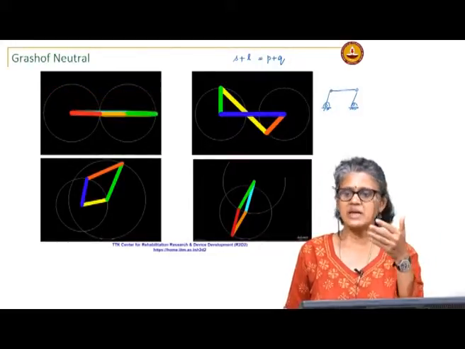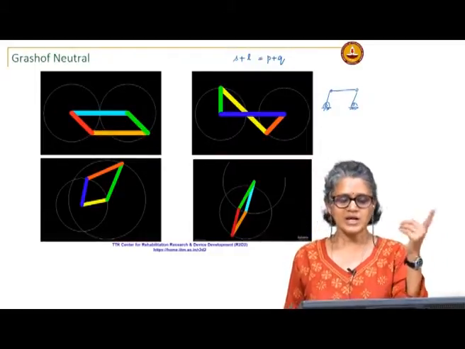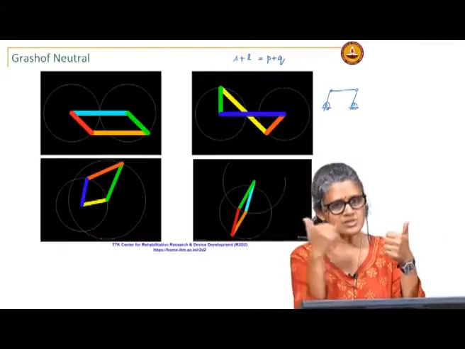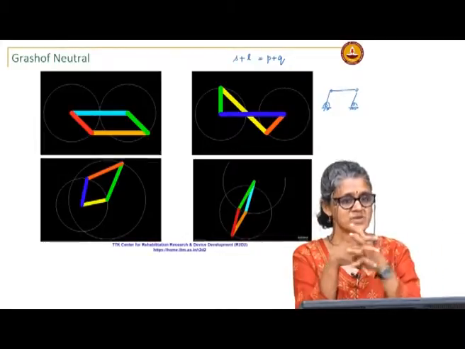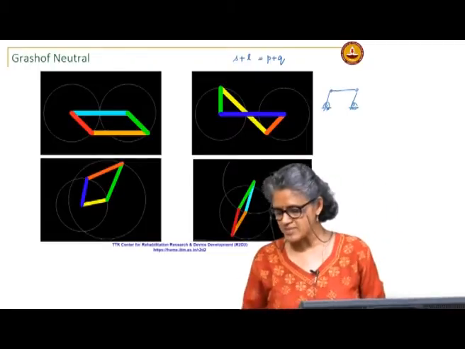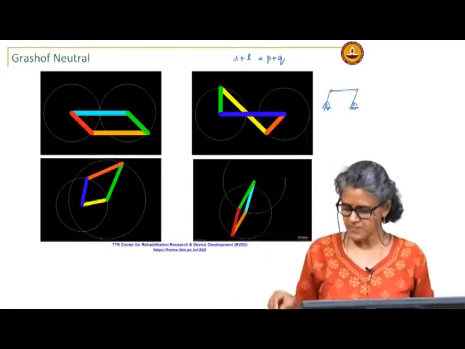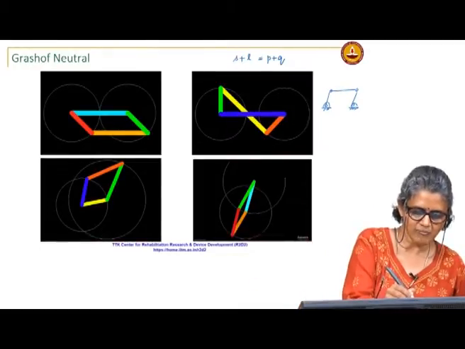So, you will find many applications where this is very useful, and it is also very useful when you want to reproduce the input motion at another point. So, the parallelogram mechanism is very useful for that. One of the problems with the parallelogram mechanism, which you do not see in this particular simulation, but you will see in the second one, this form here, is the parallelogram form,